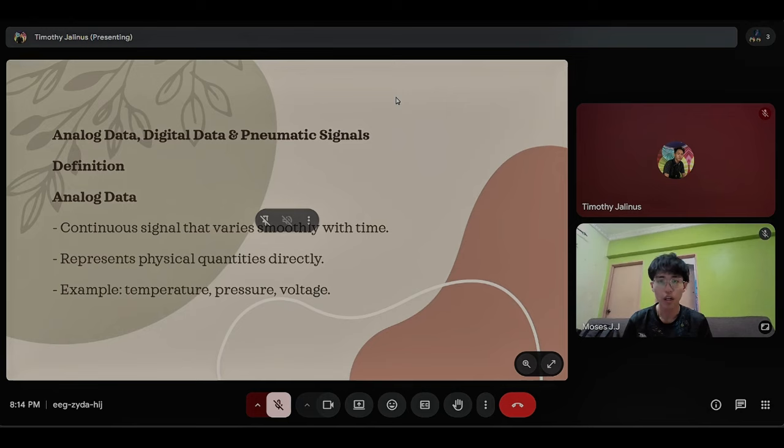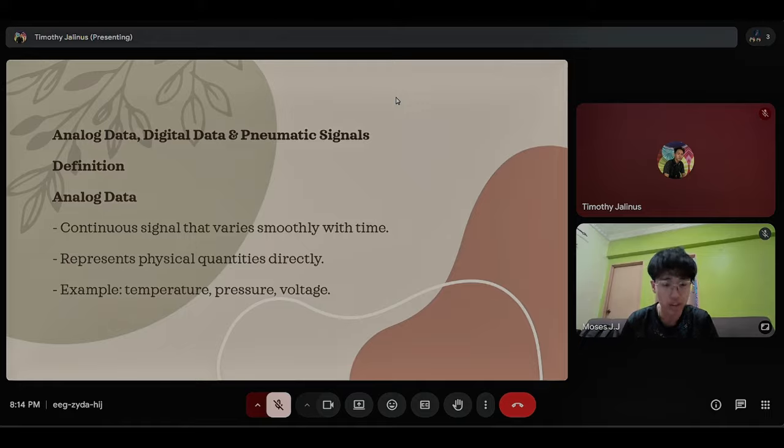So, first is analog data. Analog data is a continuous signal that changes smoothly over time. It directly represents physical quantities such as temperature, pressure, flow, or voltage. In